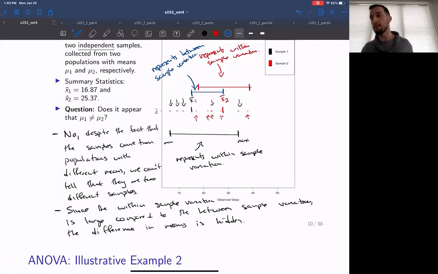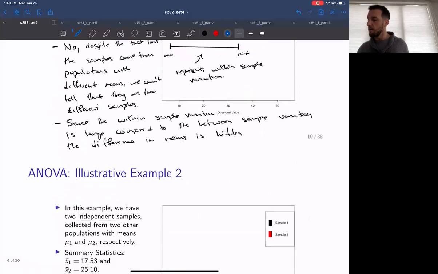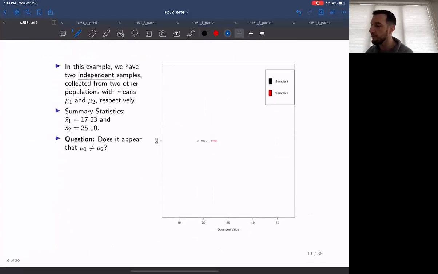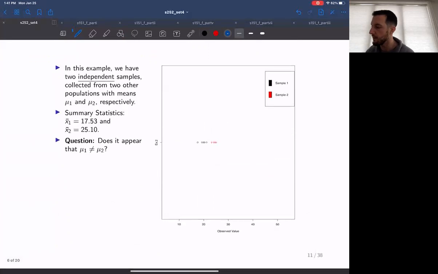All right, so let's look at a situation where we decrease the within sample variation. So example 2 is the same idea. We have x bar 1, let's say its mean is around 17. We have x bar 2, its mean is around 25. Now we plot that data. Does it appear like these two samples represent populations with different means? Well, even if we didn't have the color coding and they were just two different groups, we would be able to write yes,